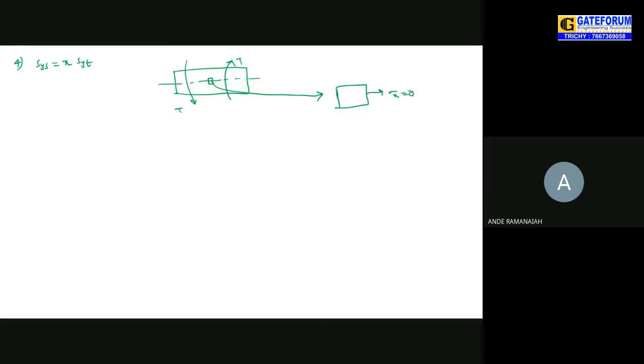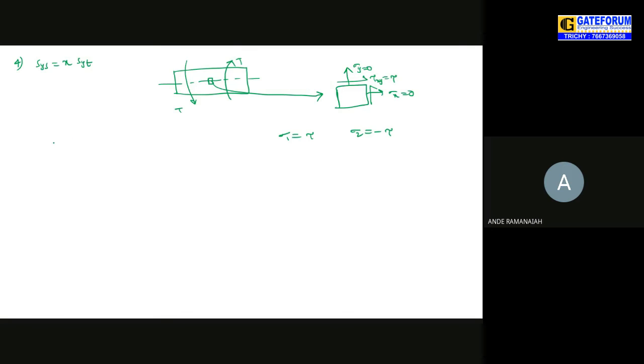Now I am moving into the fourth step, sorry, that is the relation between SYS and SYT. For that, what I have to do? Same thing. I have taken a pure torsion case. In this case sigma X will be 0, sigma Y will be 0, and the shear stress will be tau. And what are the principal stresses we'll get here? Sigma 1 will be tau and sigma 2 will be minus tau. We have done this one.